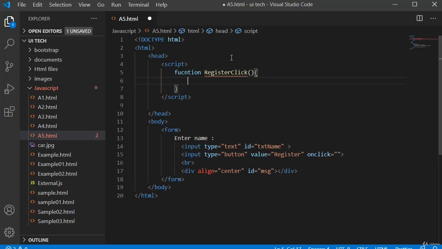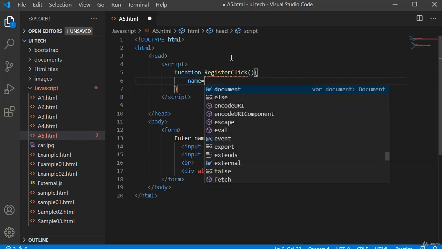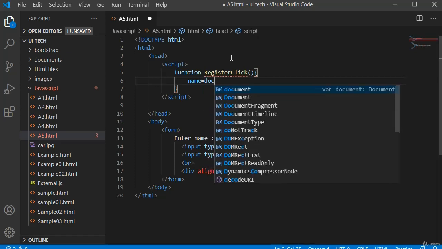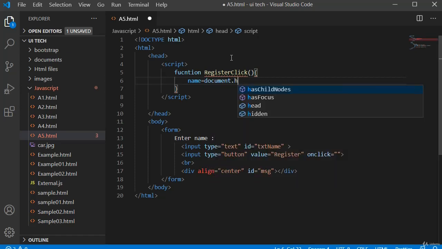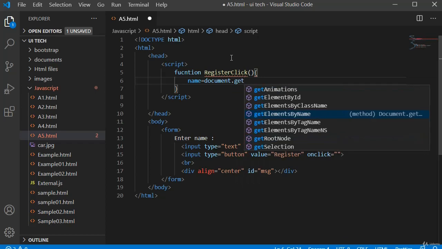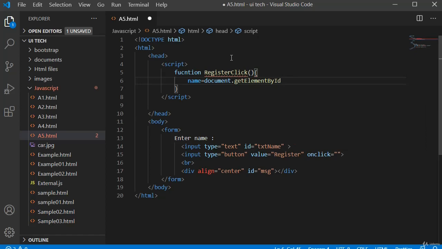Inside this function, I want to use a variable called name is equal to, and I want to use document.getElementById. This is my ID. So I have to get my name. For name, I have given type text and ID is equal to txtName. You have to take this ID name, txtName, to this getElementById.